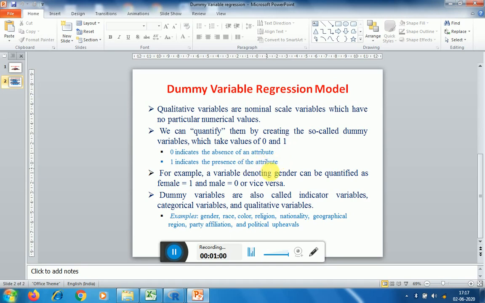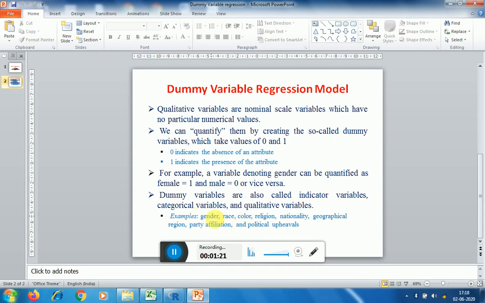So for example, here gender can be quantified as female equal to 1 and male equal to 0, or vice versa. So these variables are also called indicator variables, categorical variables, and also qualitative variables.